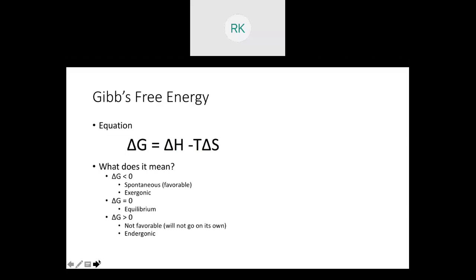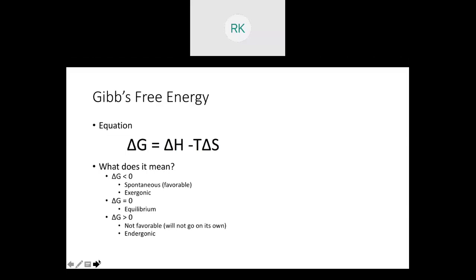Okay, so I'm sure by now the equation for Gibbs free energy is nothing new to you. So it's the change in Gibbs free energy equals the change in enthalpy minus our temperature multiplied by our change in entropy, right? And what does it really mean? So if delta G is less than 0, aka it's negative in value, it is going to be spontaneous, which means it will just naturally go forward, right? It's favorable. That's a reaction that wants to happen. And the term we give that is exergonic, right? Exer kind of meaning out, meaning a release of energy, and gonic relating it back to delta